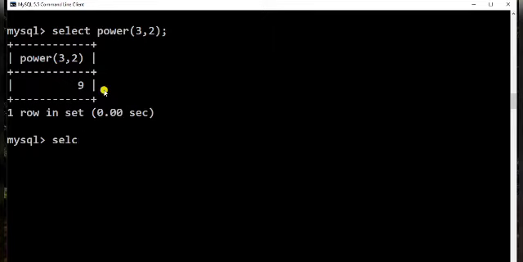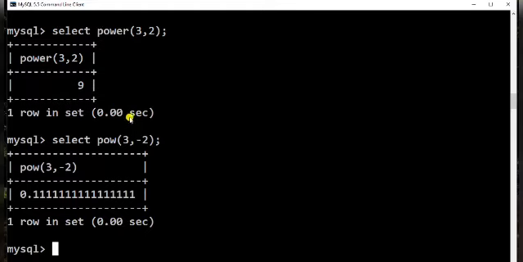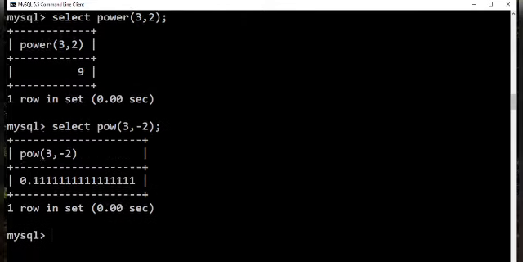If I take a negative value for the second parameter, let us take 3, comma, minus 2. So it is 1 by 3 into 1 by 3. This is the output we are getting.